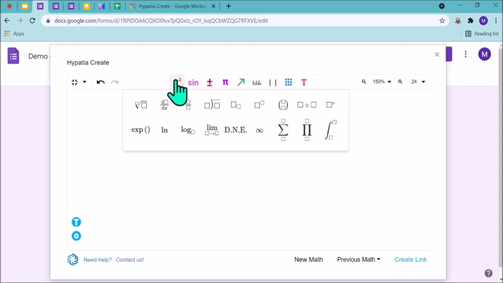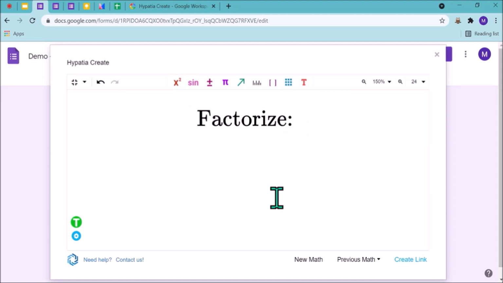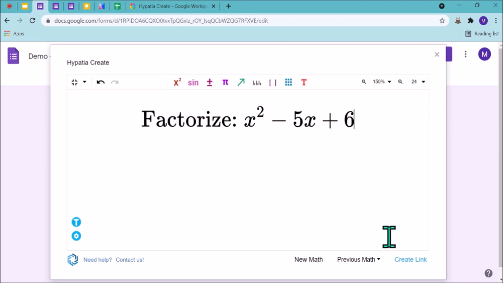We don't have to go to the power section. We can directly type from our keyboard itself: x caret 2 minus 5x plus 6. I have typed all that from my keyboard.